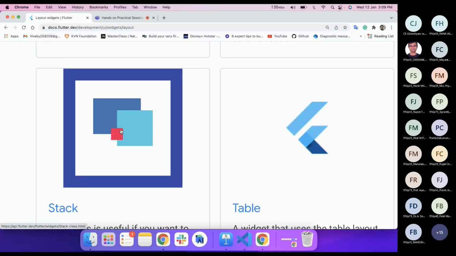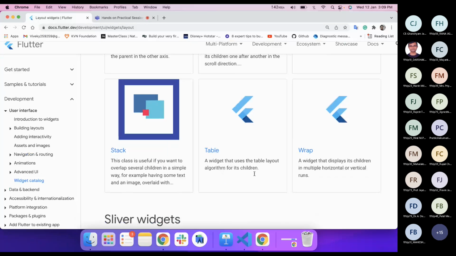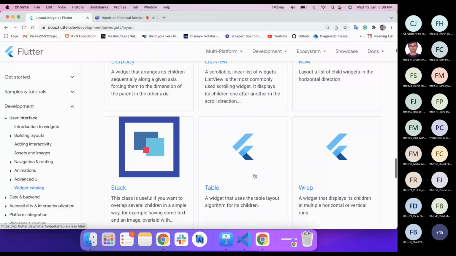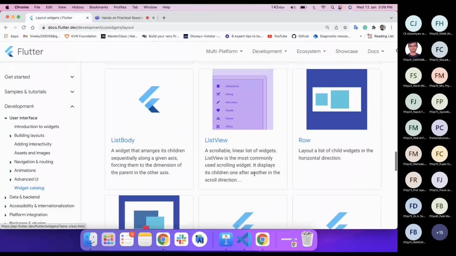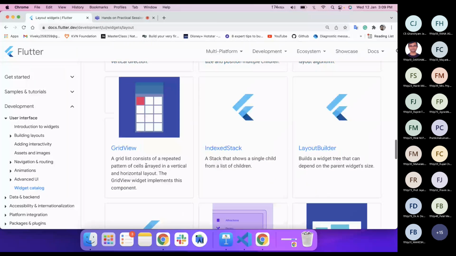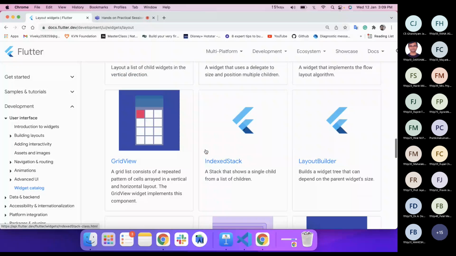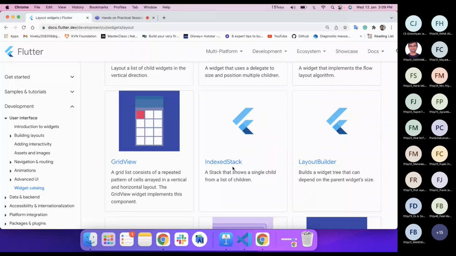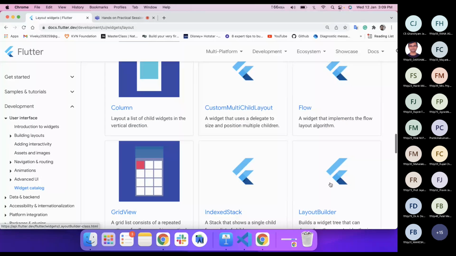Then we have a table, and then row, list view, list body, grid view, index stack. Index stack is the same as a stack, but it shows only a single widget based on the index which we pass. Then layout builder, column.